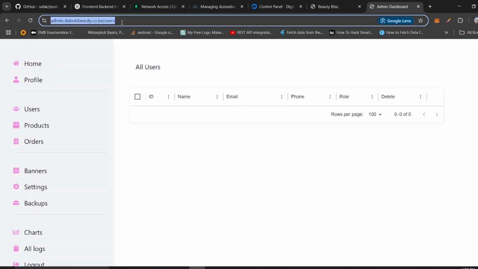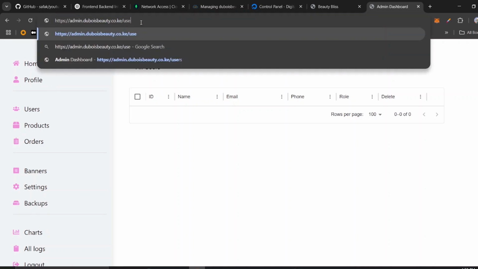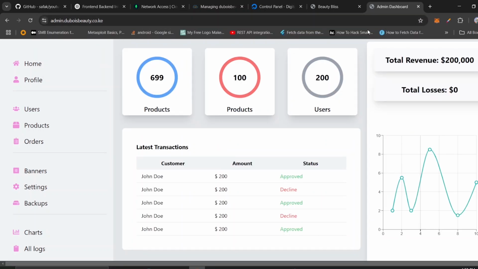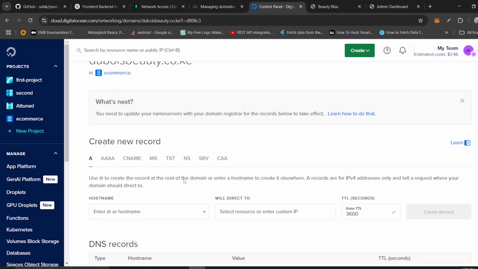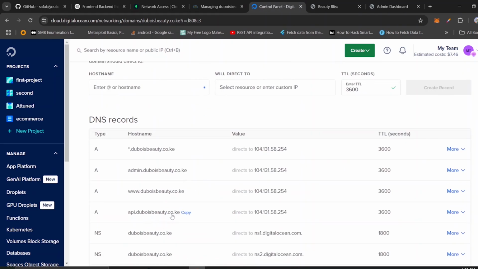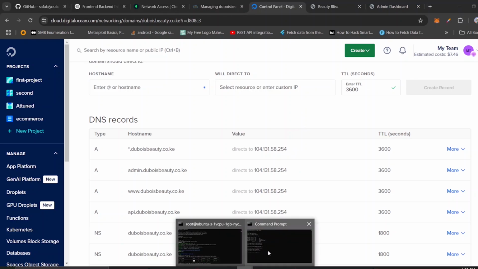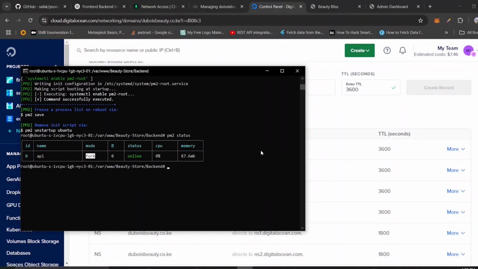Actually, we are going to make sure that our API is running, and from there I can now use the URL, which is api.duboisbeauty.co.ke, to access our backend, and to test, for example, if our backend is running. For example, I can come up here to see. So you can see right here our backend is running, and we can just run pm2 status here,